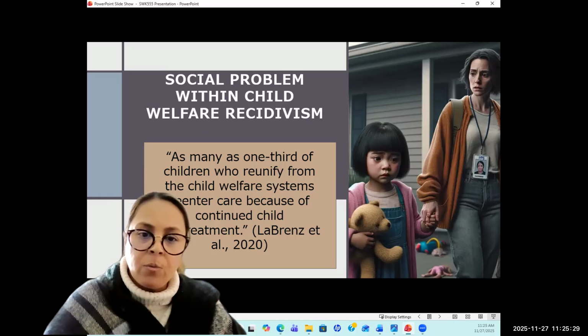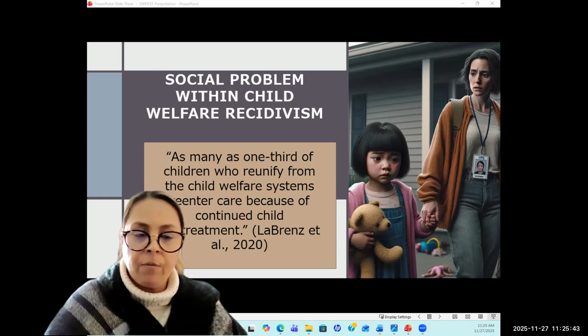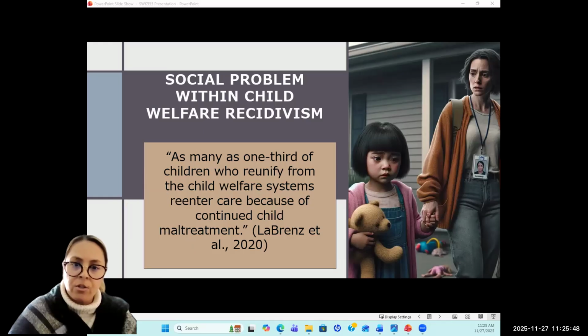One of the things that I found interesting in this was that it stated as many as one-third of children who reunify, that are in the child welfare system, re-enter care because of continued child maltreatment. And it was interesting to see that it is a high number of those that are re-entering the system.